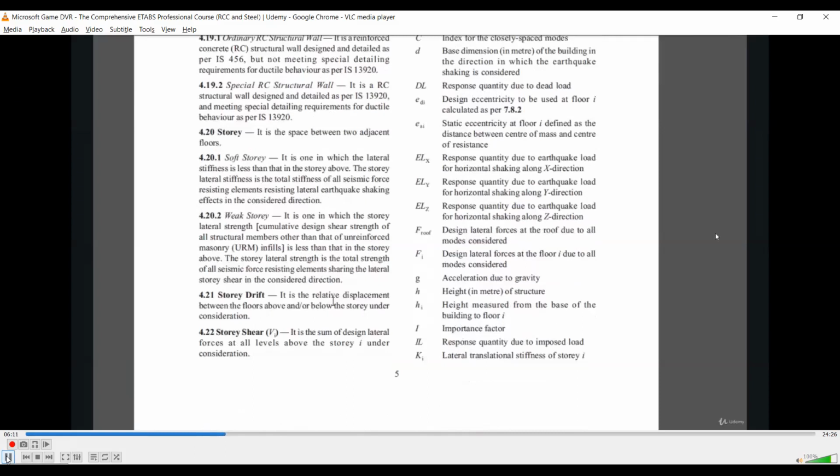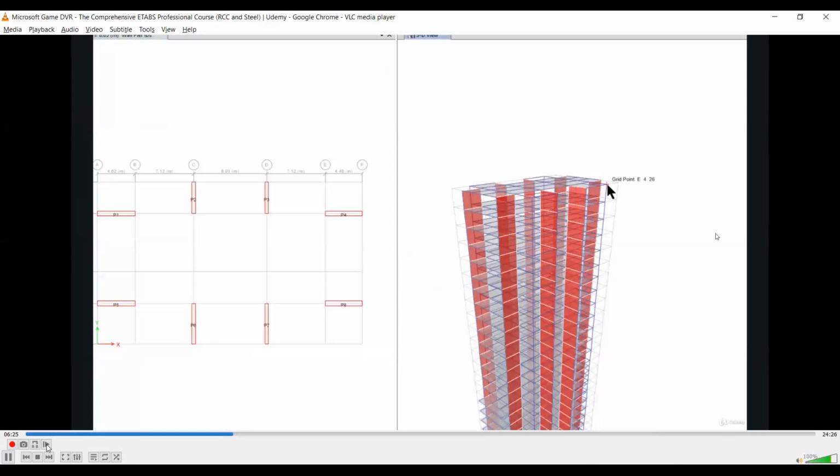After that, you need to be clear about what exactly you mean by story drift. It is the relative displacement between the floors above or below, not the total deflection. So the story drift will be like, if this floor is displacing 10 mm on the right hand side and this floor is displacing 6 mm on the right hand side, the drift for this story shall be 10 minus 6, that is 4 mm.